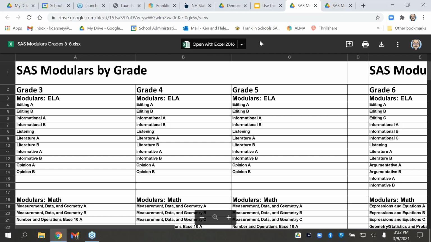Yep, we have one more. She said, I love using the modulars with my students as a teacher and now as an administrator. One problem we are running into this year is that with the writing modulars, we have found that they have to be completed in one setting. You can't save them. Is that true? I was going to check that because I'm not sure if that's true or not. I can't answer that, but now that you've said that, we'll try it out in the classrooms this week and see if we can find the answer to that.